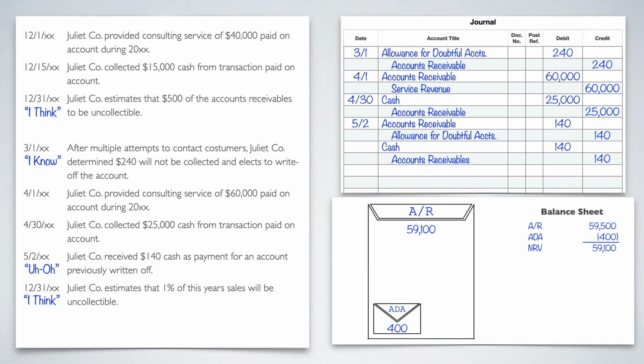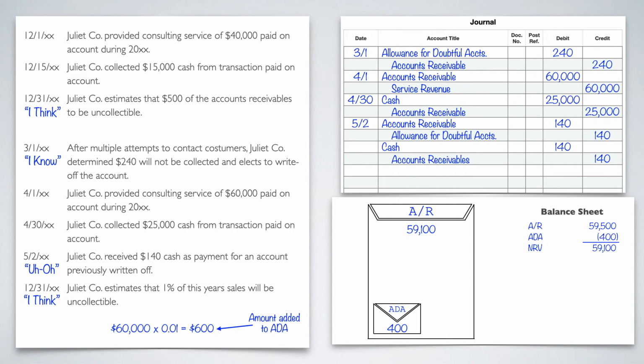What we need to do is first find out what our sales are for the year. If we look back at 4-1, we only have one, and it's also accounts receivable. So it's 60,000. We'll start there. 60,000 in total revenue for this year times the 1% is going to give us $600. It's important to understand this is the percentage of sales. So that $600 is the amount that we add to ADA. We just increase it by 600.